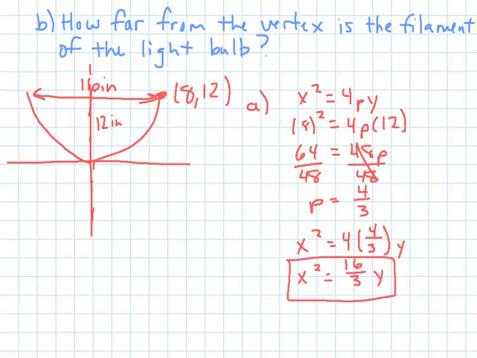Letter B now wants to know the distance from the filament of the light bulb to the vertex, so that bottom part. So remember, because of how we're orienting this, we know that the filament's at the focus, and the focus to the vertex is that distance p. And so we already found that, right? So it's a distance of 4/3, so it would be 4/3 inches. Okay? And so that's how you do that problem. Next problem